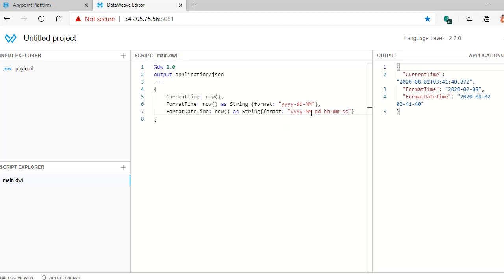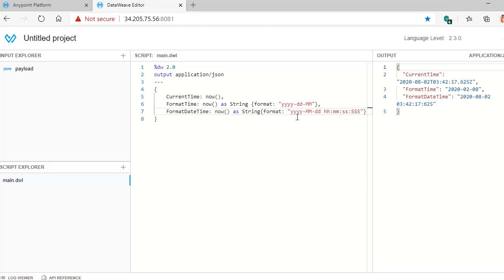HH is nothing but hours. Small mm is minutes. That's why we actually got minutes earlier when we used it. So to display the month, you need to use the capital MM. To display minutes, you can use a small mm. SS is used for seconds, and you may print milliseconds also, whichever format you can use. To display the milliseconds, you need to use capital triple S. Okay. Instead of this hyphen, let me use colon to make it in a good format.